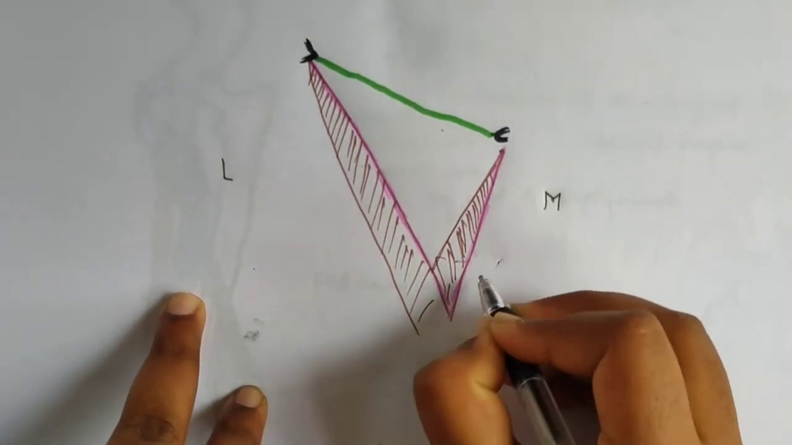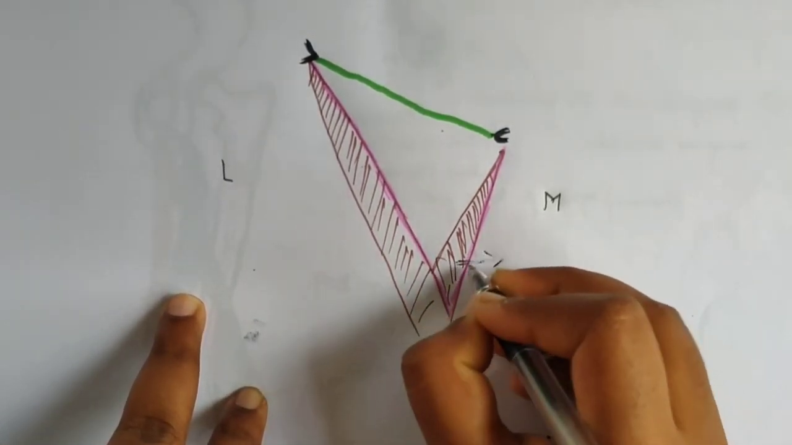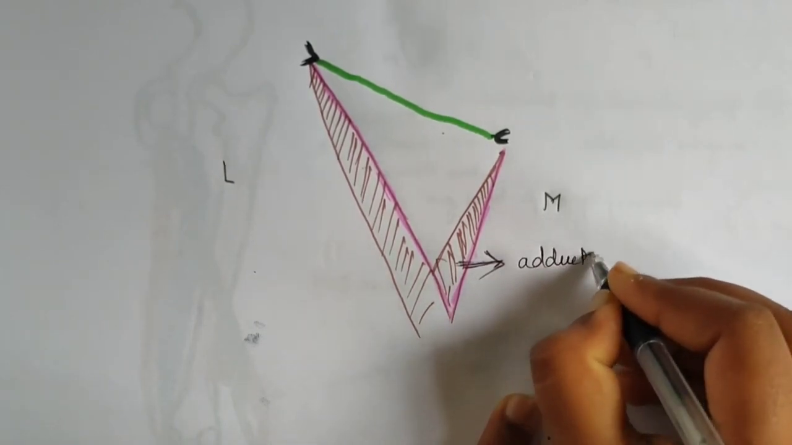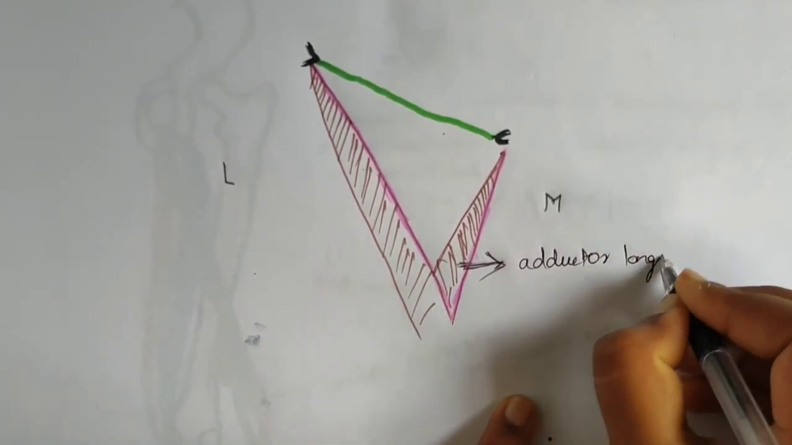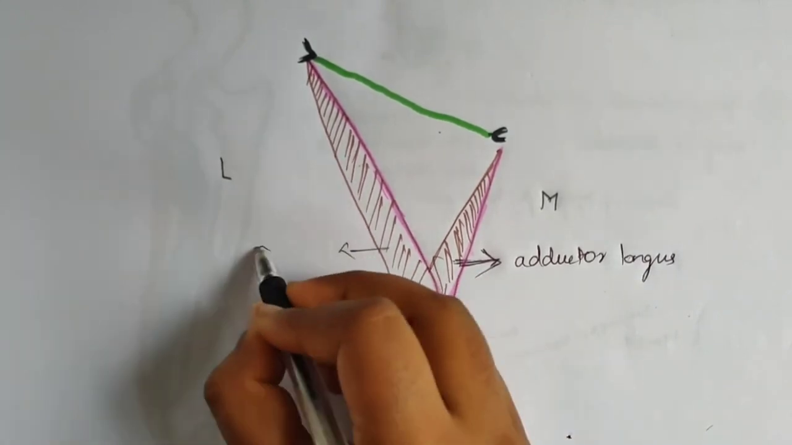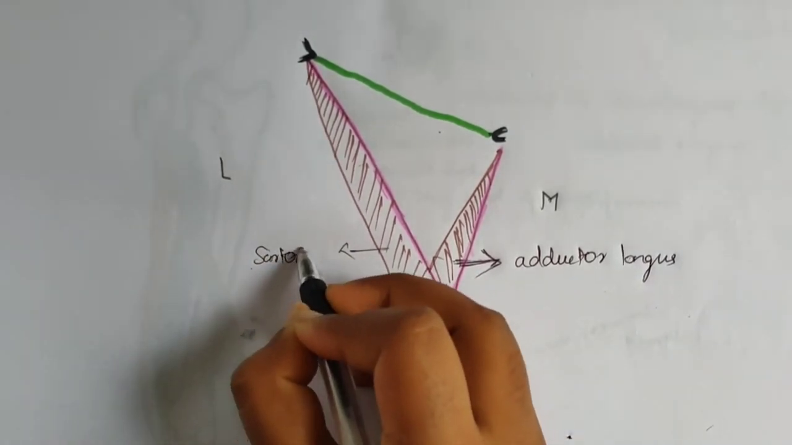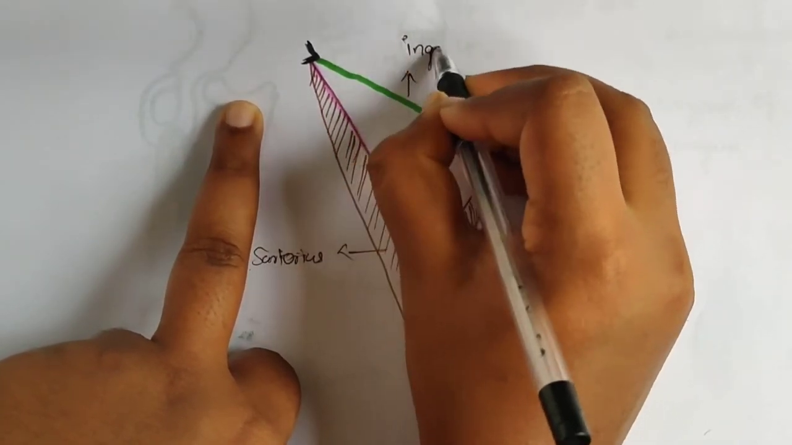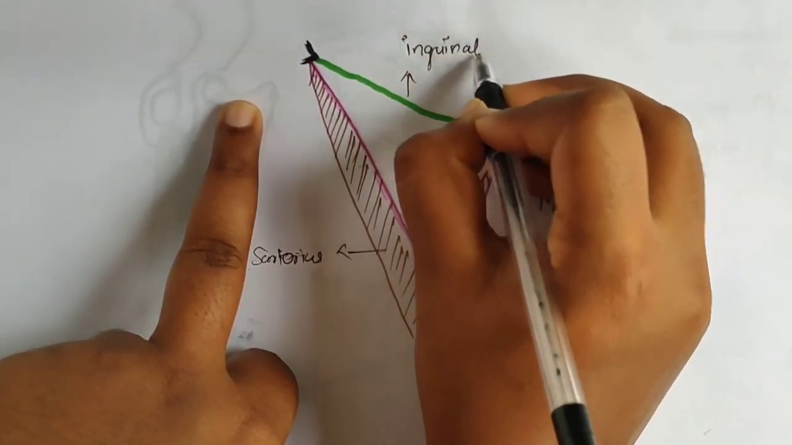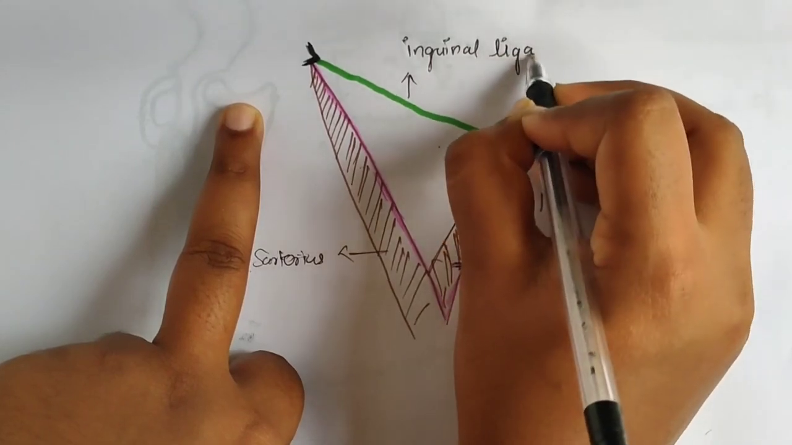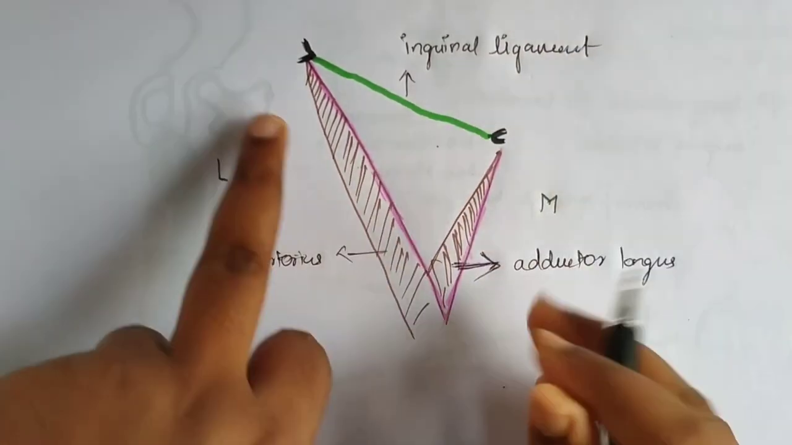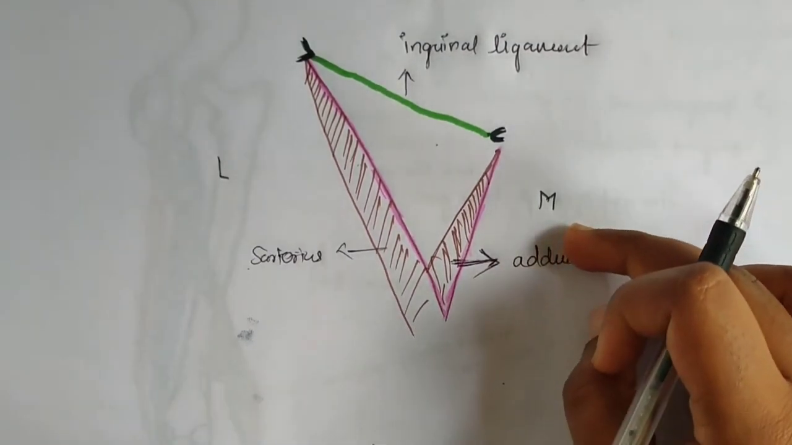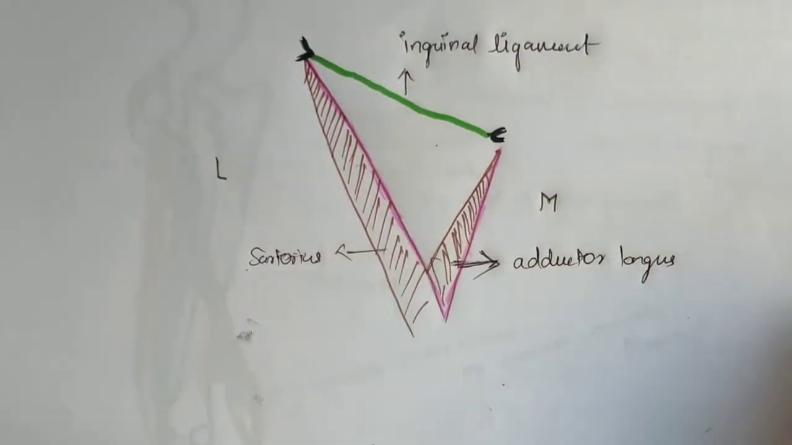This is the adductor longus, and this is the sartorius, and this is the inguinal ligament. These are the borders, and the roof is formed by the